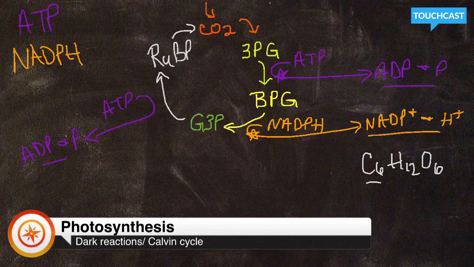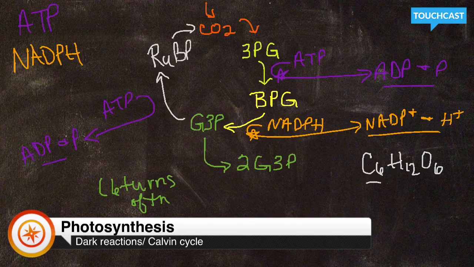But now let's say we've done 6 turns of this Calvin cycle here. And after 6 turns of this, we're going to end up with 2 molecules of G3P. Now G3P is a 3-carbon molecule, so we actually need 2 of those. So this is going to take 6 turns of the cycle. Okay, so now we've dealt with our carbons. We've got our 6 carbons, but now we have to think about, where does this